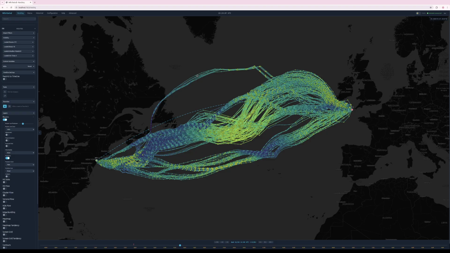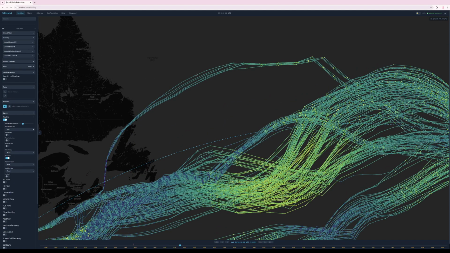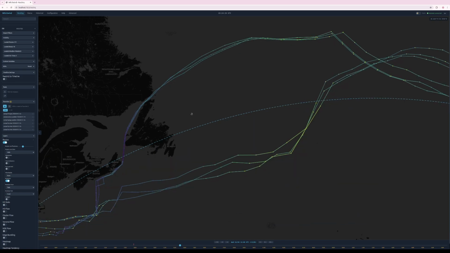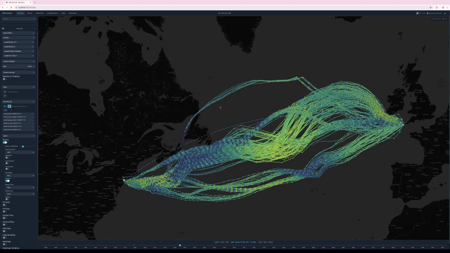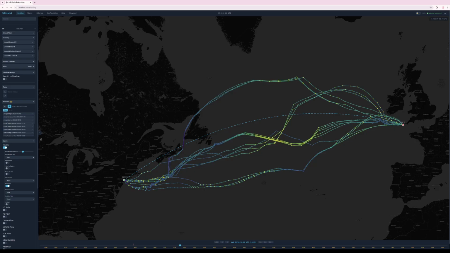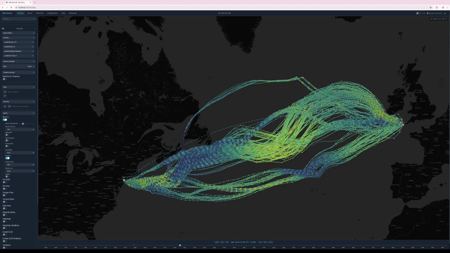So you can do it one by one. I can add each route independently, add a couple routes over here, and you can see they populate over here on the left side, and then I can click solo, and now I'm just looking at my favorite routes. But I can also grab them with a bounding box, and so if I just want to grab these, I can add those. If I want to just grab these routes over here, I can add some of those over like this way. And now when I solo, again, all my favorited routes are just in the solo,